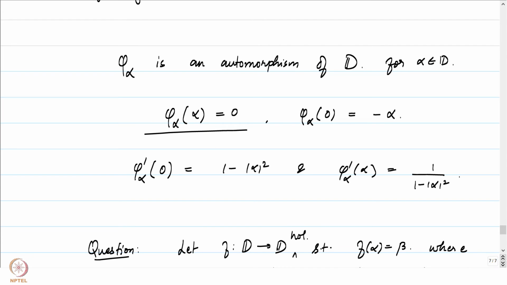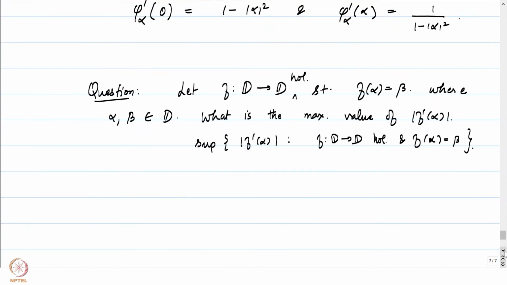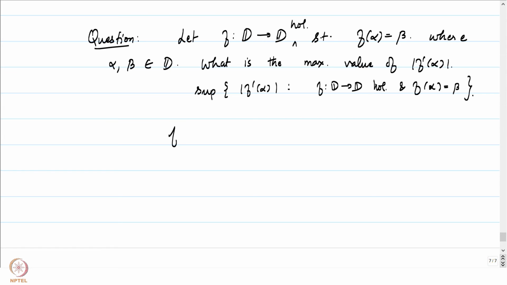Now let's try to answer this particular question, and the first thing to remember is that phi alpha of alpha is 0 and phi minus alpha of 0 is going to be equal to alpha. Both are things which we should be using very crucially here, because if you compose f composed with phi minus alpha, then phi minus alpha will take 0 to alpha and f will take alpha to beta, and if you compose further with phi beta, beta is going to be mapped to 0. So if you consider the function, define g of z to be equal to phi beta composed with f composed with phi minus alpha of z, then